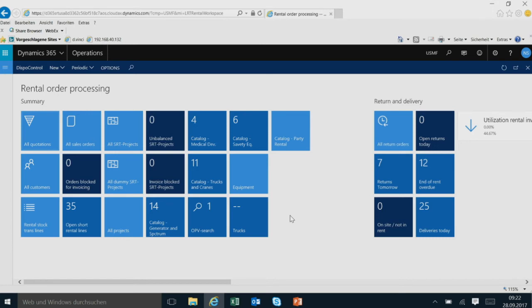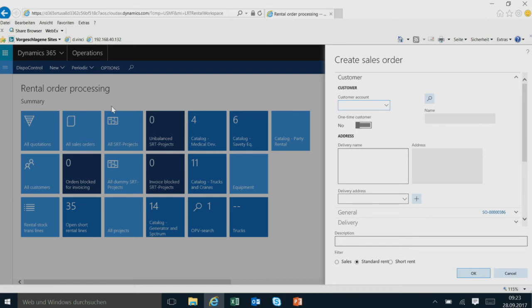In other scenarios, where it's rather simple, where you just provide some equipment combined maybe with services, and maybe you want to sell something too, you want to use standard sales orders. So we stay simple here today. We go to New on this tab and say New Sales Order, which means we utilize standard Dynamics AX functionality.